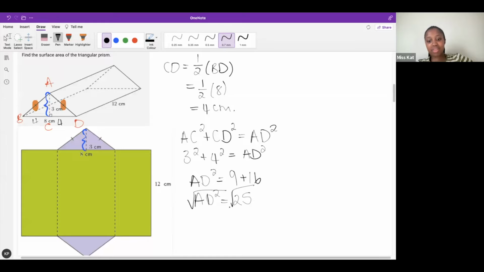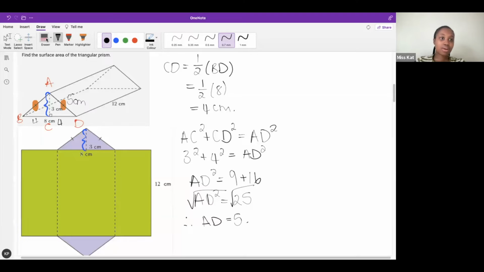You didn't have to do Pythagoras, guys. Do you know that that is a valid reason? If you say AD is 5 because this is a Pythagorean triplet, you will get your marks. As a teacher, I will be so impressed. But it's fine. We did the calculation and we've proven that AD is 5